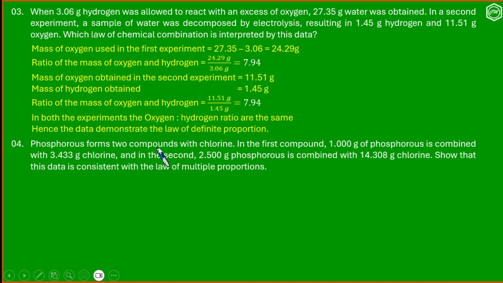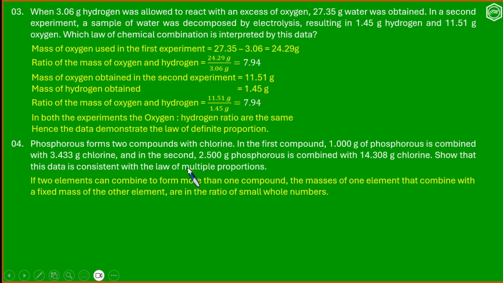Question 4. Phosphorus forms 2 compounds with chlorine. In the first compound, 1 gram of phosphorus is combined with 3.433 gram chlorine, and in the second, 2.5 gram phosphorus is combined with 14.308 gram chlorine. Show that this data is consistent with the law of multiple proportion. The law of multiple proportion is if 2 elements can combine to form more than one compound, the masses of one of the element that combine with a fixed mass of the other are in the ratio of simple whole numbers. Take compound 1. In that, 1 gram phosphorus combined with